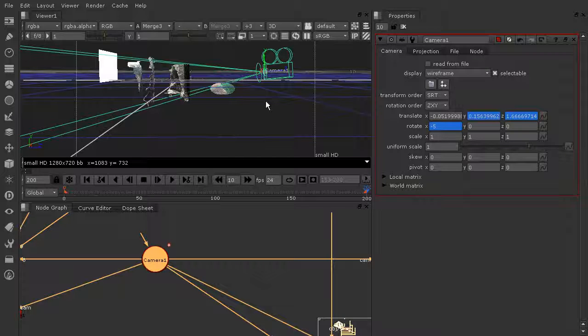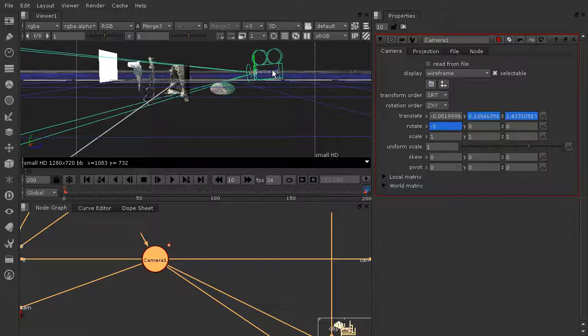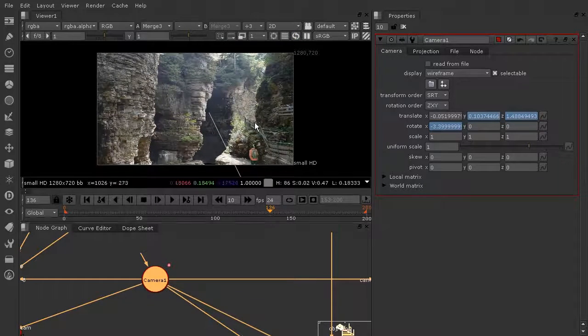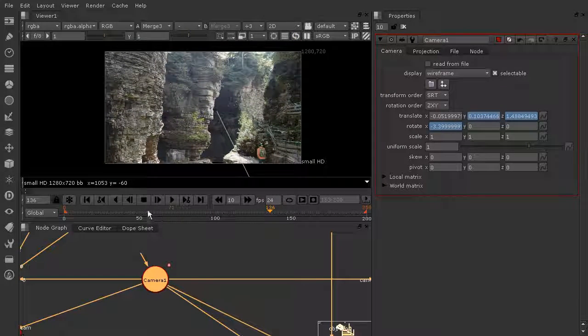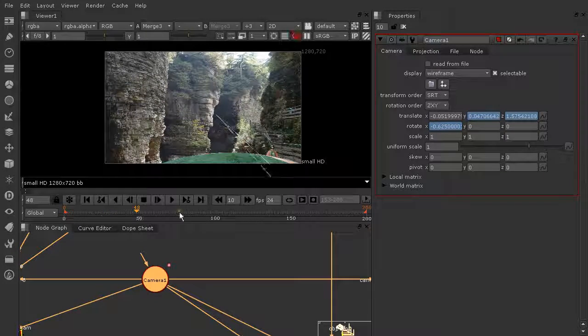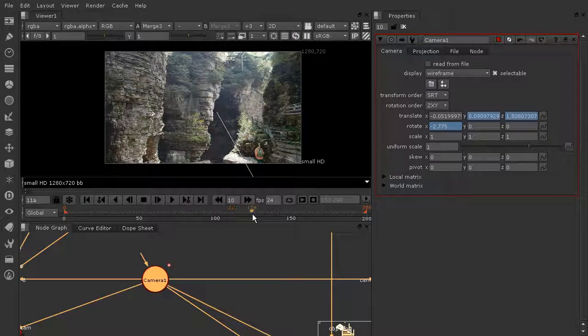And then for the Z axis, I think that we could probably just move in a little bit closer, not a ton, but a little bit there. So it still feels like it's just kind of pulling in. Let's go ahead and take a look in our 2D and just see what this looks like and if we need to change anything. So if we're starting at 0 and kind of moving through here like this,